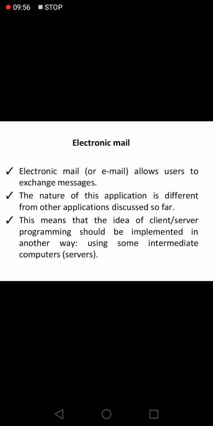This helps to use less memory on your local computer, but we need more memory on the server because the server maintains all your mails. It is not downloaded to the local system of the user. So that's why it requires more memory on the server and less memory on your local computer.